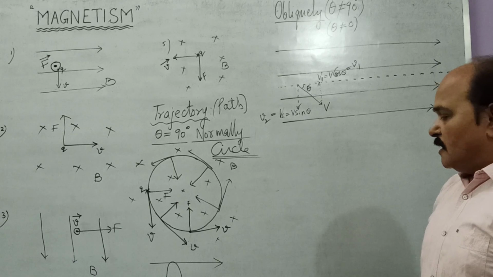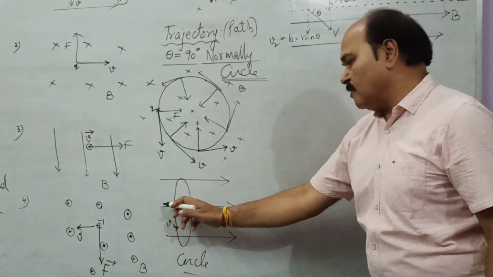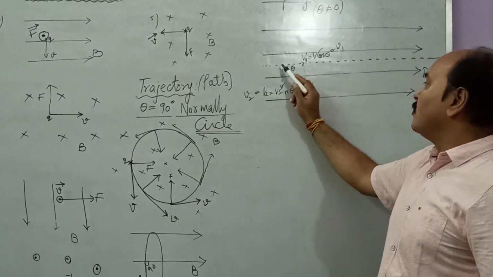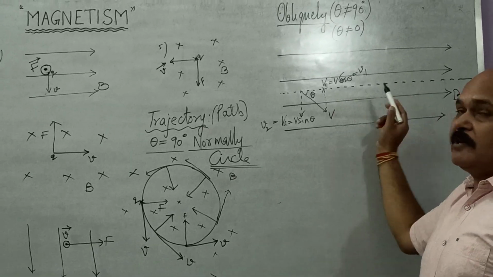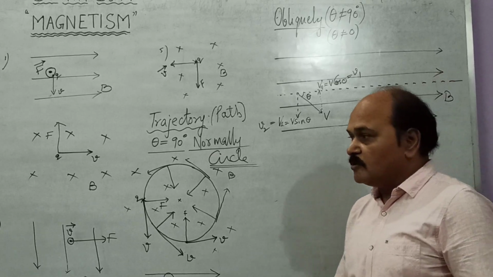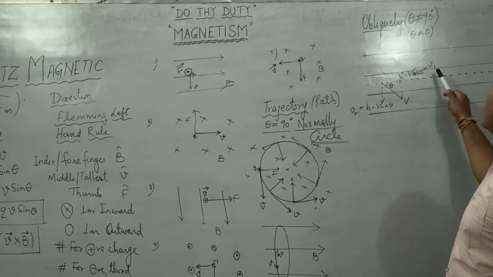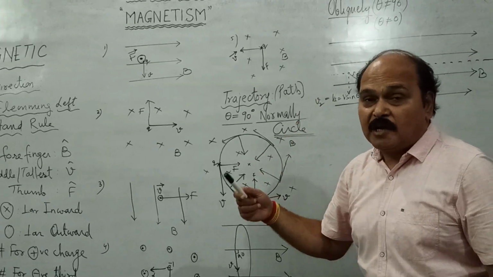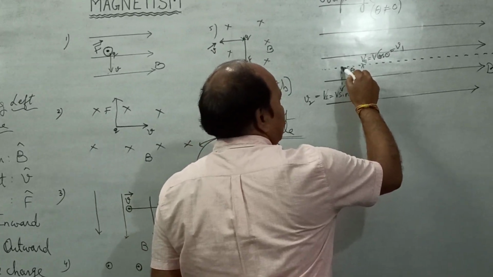Now see, when it enters normally, the velocity has no component along the magnetic field. But as it enters obliquely, it has two components. One is the component along the magnetic field, and another is the component perpendicular to the field. And this component V1 which is along the magnetic field, because of it there is no force. You know when theta is equal to 0, the force is going to be 0. So for this velocity which is along the magnetic field, there won't be any force. But because of this other velocity, there would be a large magnetic force, and it will move on a circular path.